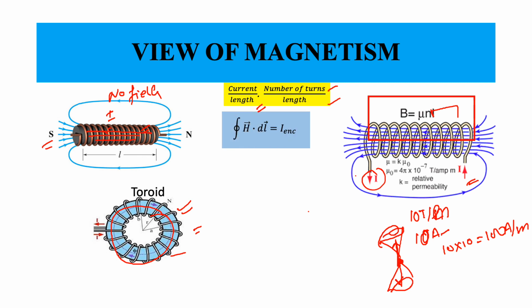We are going to assume an ampere loop here of some length L. This length is L, doesn't matter. So we will assume an ampere loop of length L and a certain width W. In this loop, what you have to observe is, if this is an infinitely long solenoid, then the magnetic field is only along this path. There will not be any magnetic field outside.